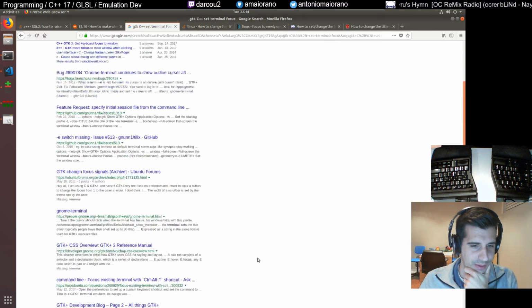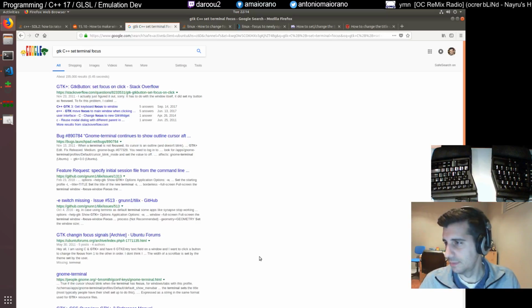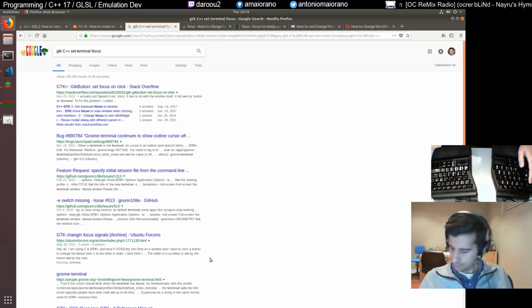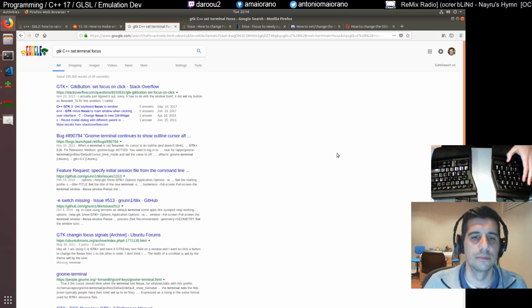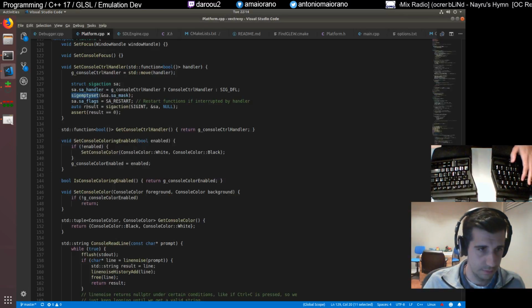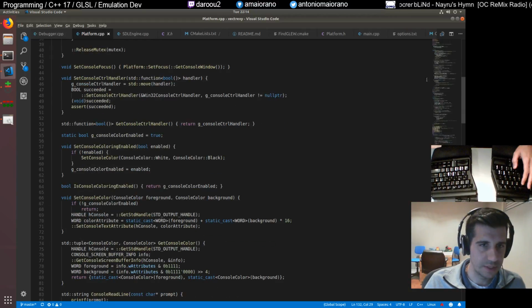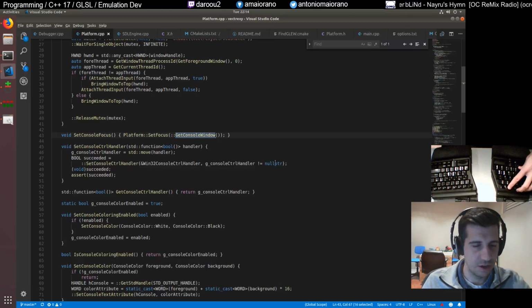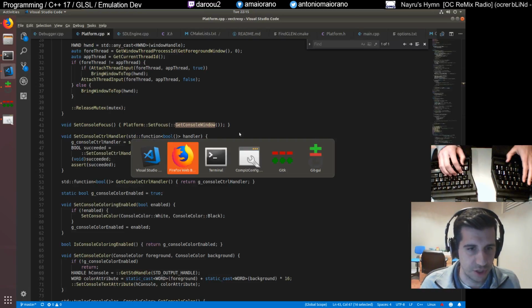I really know nothing about this kind of stuff. See, on Windows, say set console focus, I can actually get the console window, the HWND to the console, which is just a Win32 function called GetConsoleWindow. Is there such a thing for